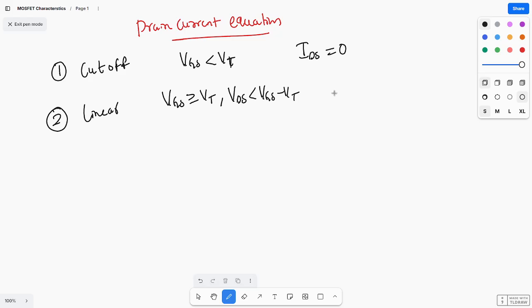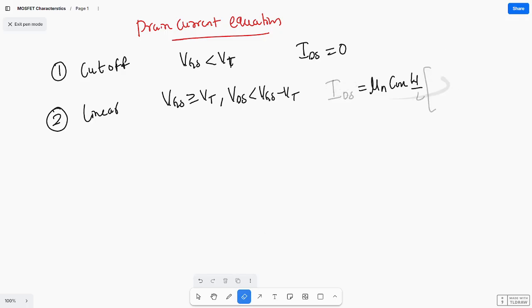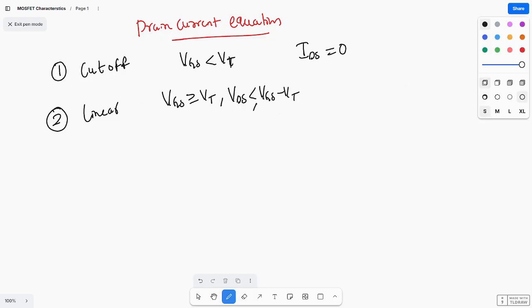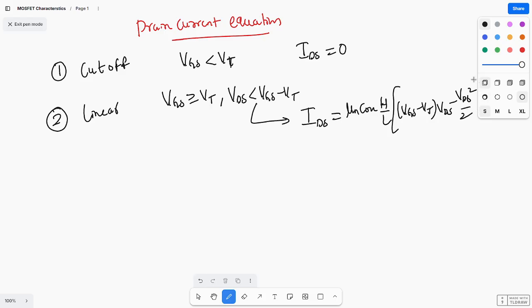So you get a drain current IDS equal to mu n COX W by L into (VGS minus VT) VDS minus VDS square by 2. This is my formula, where mu n equals